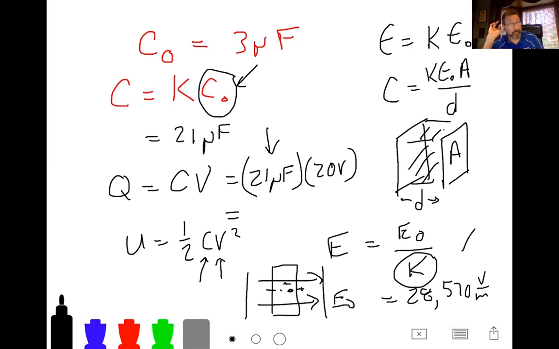I used to do that with plastic. We were trying to develop dielectrics for higher energy capacitors, and we put a greater and greater voltage on it, creating a bigger and bigger electric field until finally the thing failed, and we'd record the voltage and the electric field at which it fails. So that's what we're saying is, okay, we're safe because 28,000 is much less than 150 times 10 to the sixth in electric field. And so then the question is, how big a voltage can I put on this capacitor and still not exceed the electric field maximum value of 150 times 10 to the sixth?